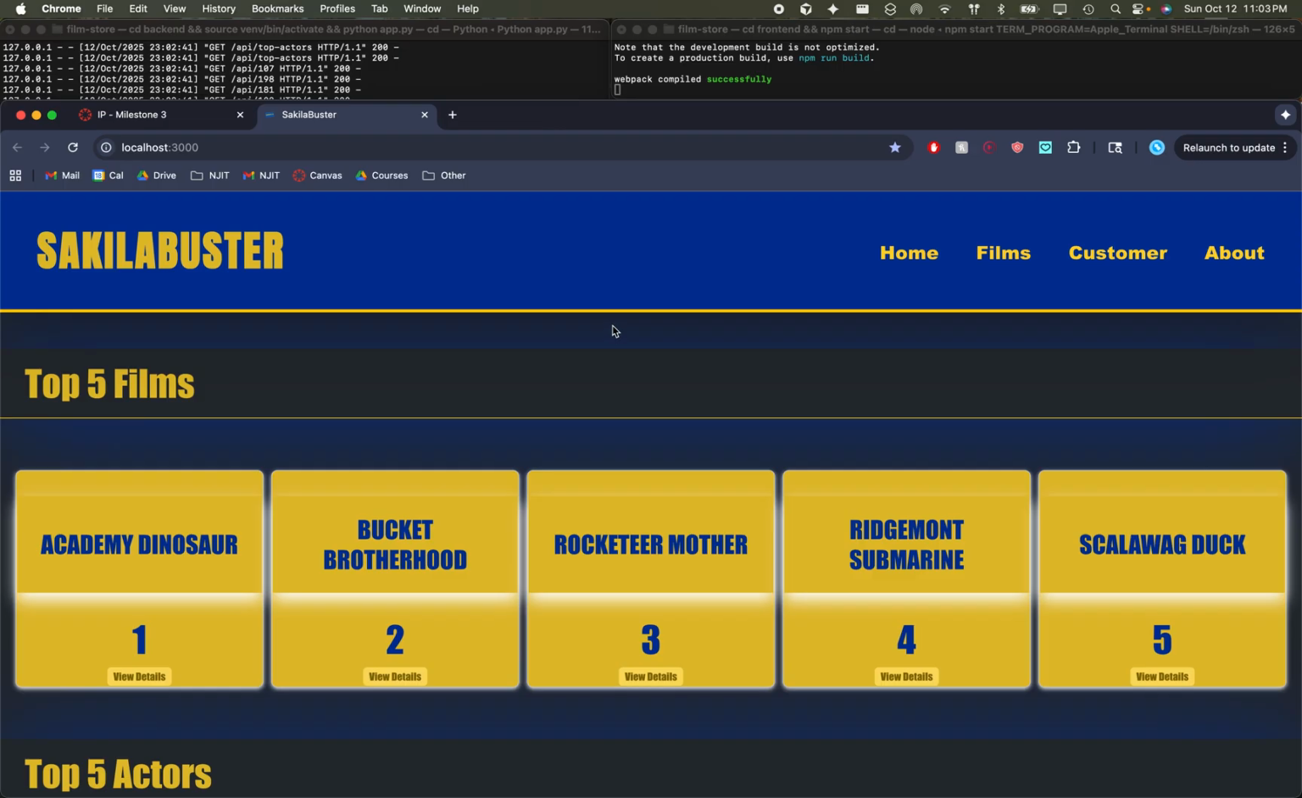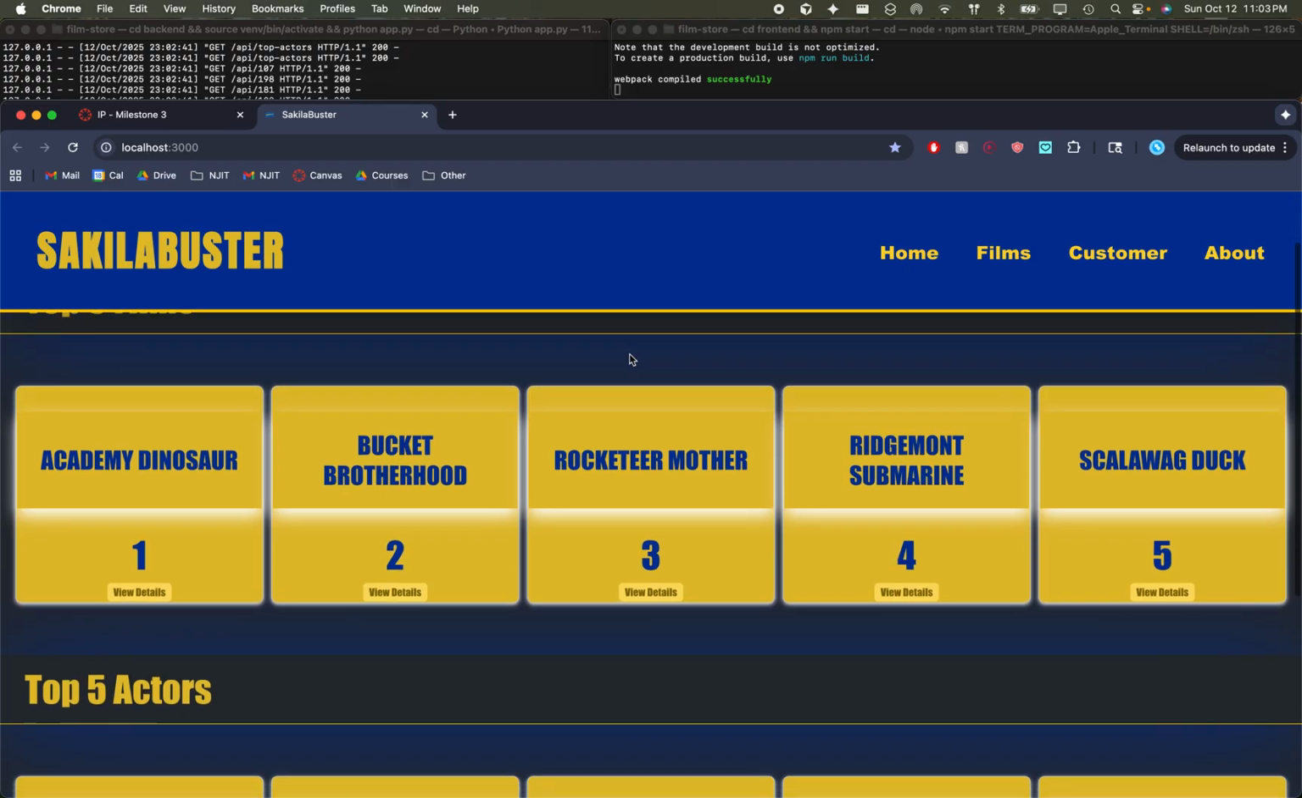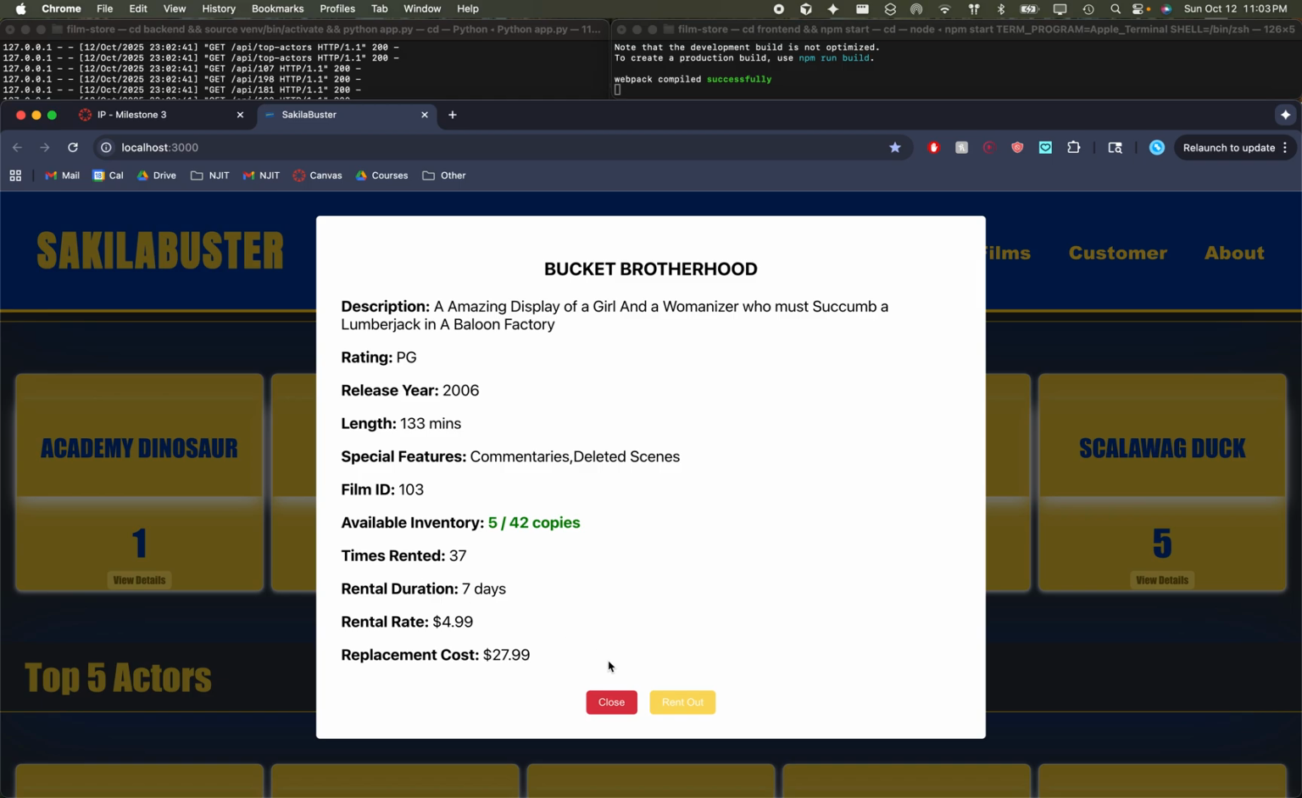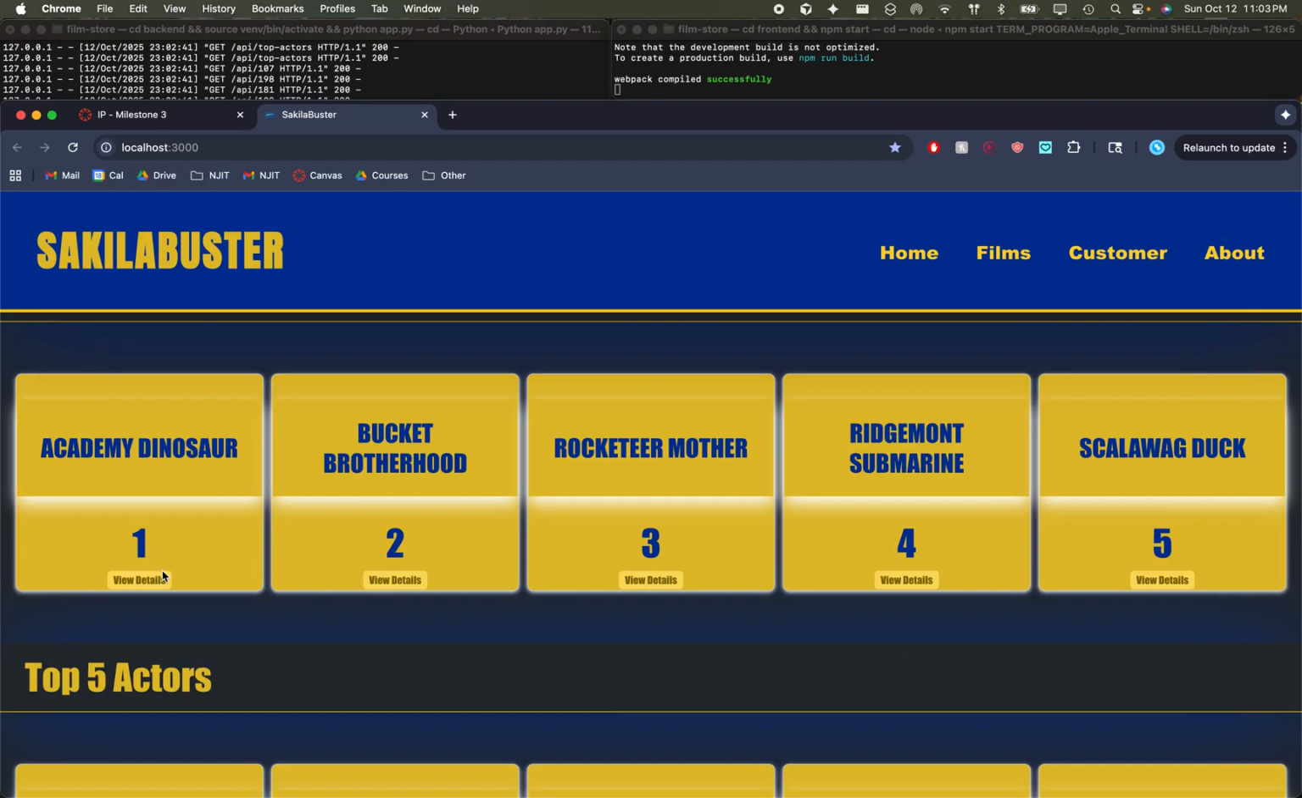for this milestone. But as a user, on our home page, we want to be able to view the top 5 rented films of all time. So here we're able to see these. These are the top 5 rented films, and we can also click on any of them and view their details. So the order in which they're here is based off of how many times they were rented, and it's a